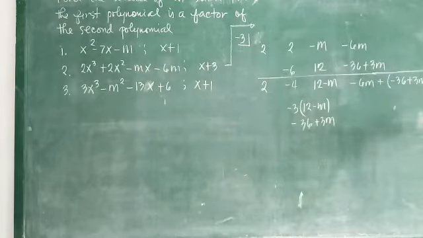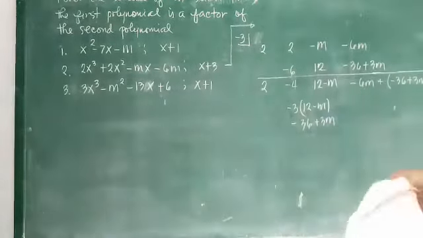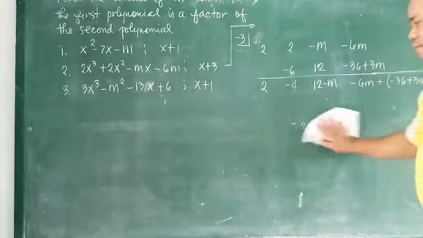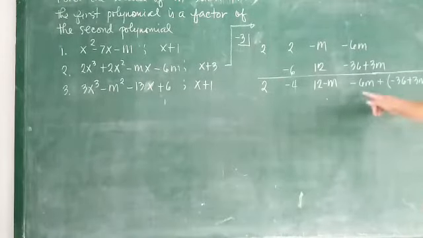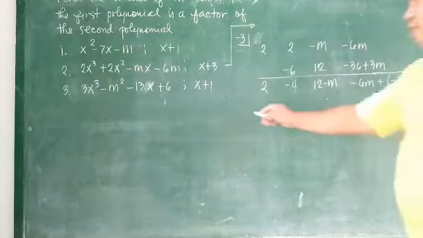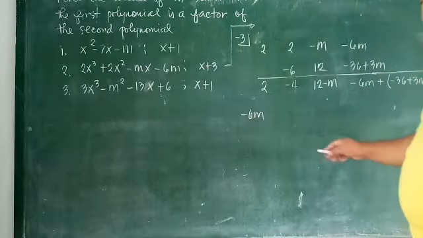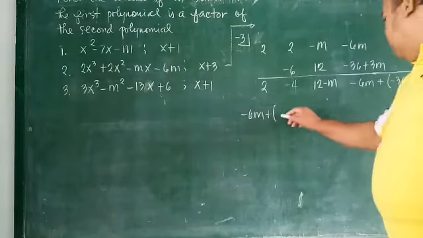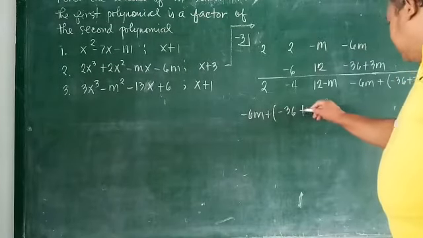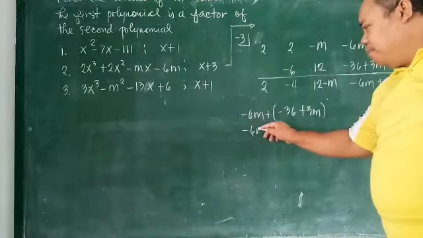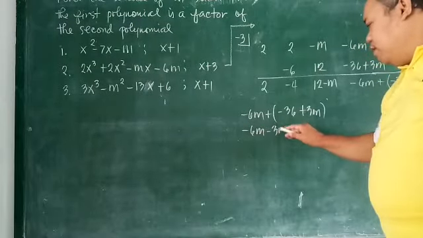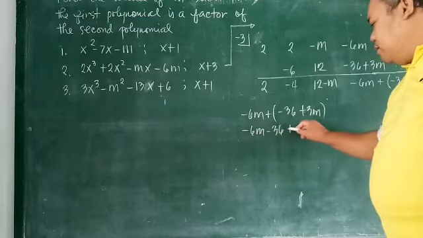That will be the expression for the last term. Okay. So again, as we said earlier, for a binomial to be a factor of the polynomial, the remainder should become 0. So let us equate this part to 0. So negative 6m plus the quantity negative 36 plus 3m. Okay, so this is negative 6m minus 3m, or minus 36 plus 3m